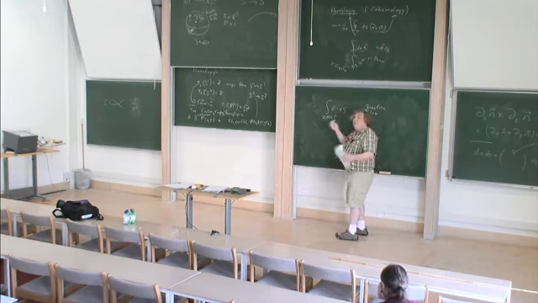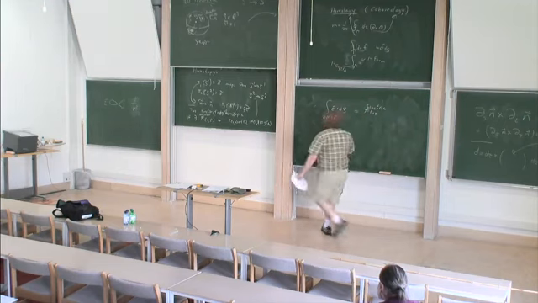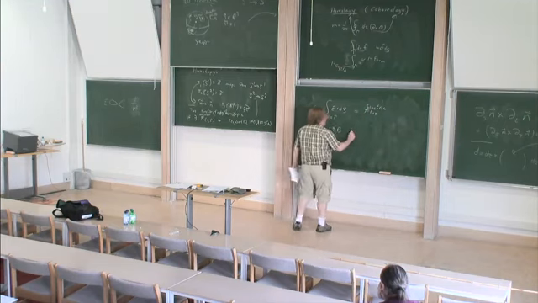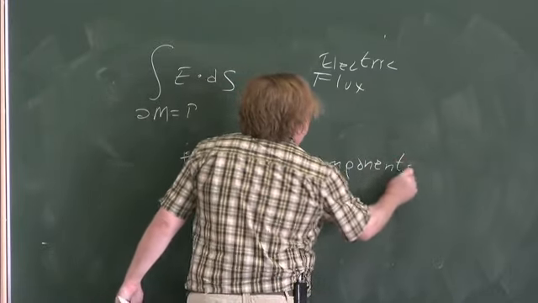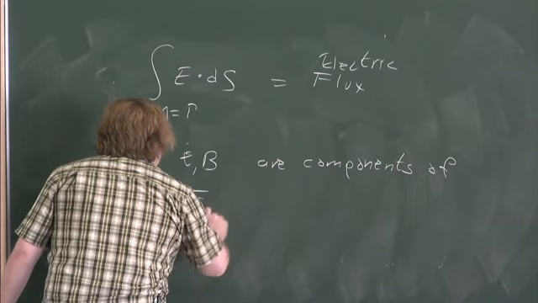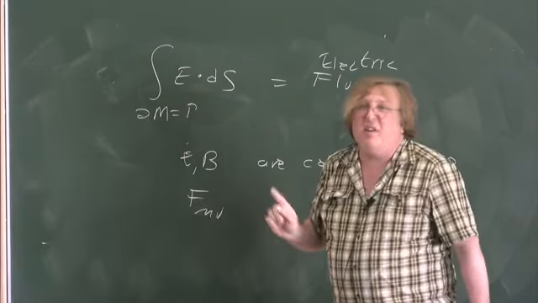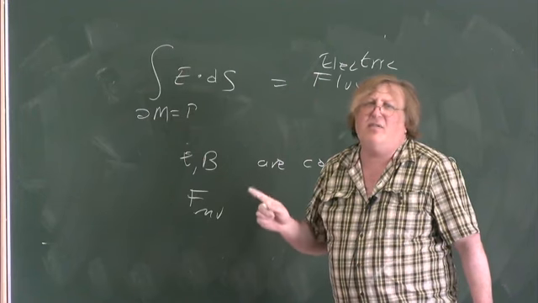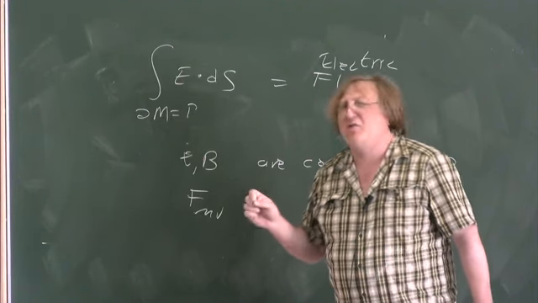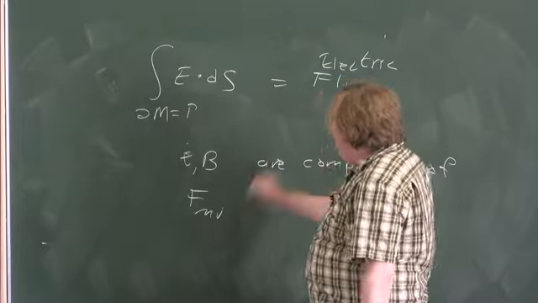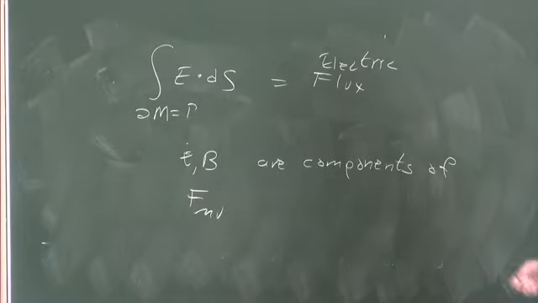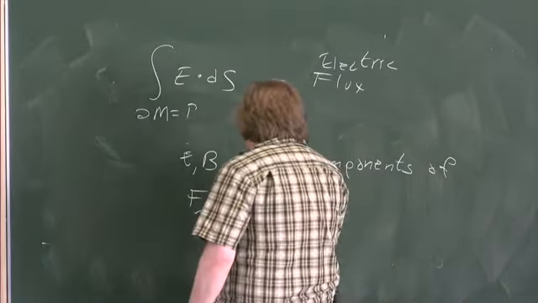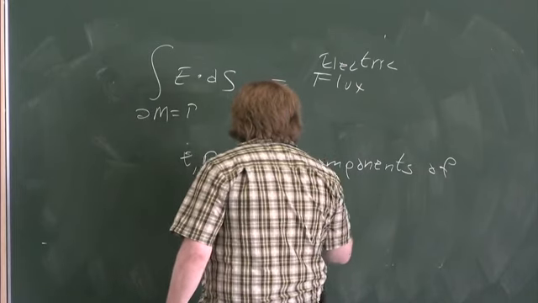And you know that if you write this in terms of four vectors and all that, it's very elegant. The E field and the B field are components of F mu nu. This antisymmetric tensor, is it called the Maxwell field strength tensor? Okay, the Maxwell field strength tensor. And you integrate various fluxes of them. And you remember that if you think of F as antisymmetric, if you think of F as a two form,